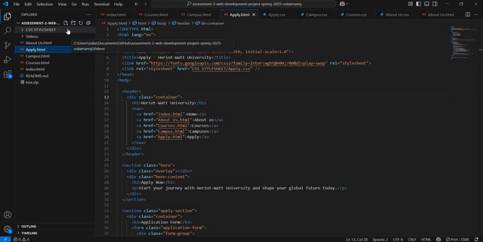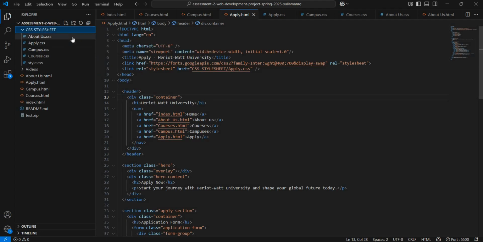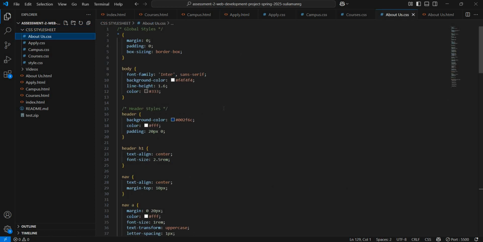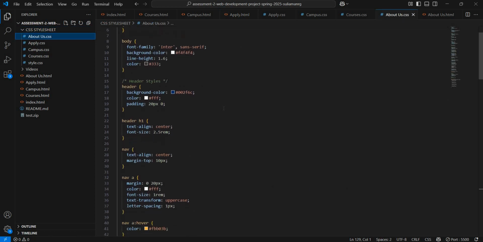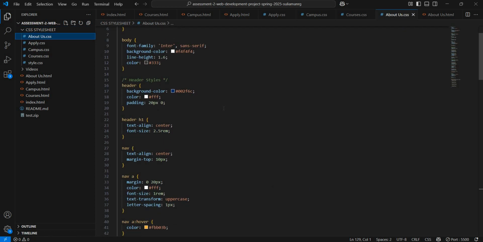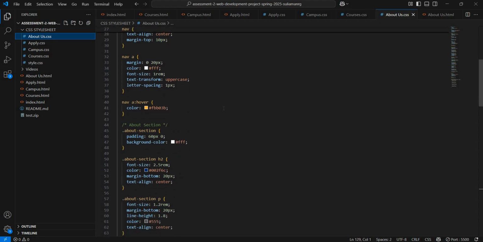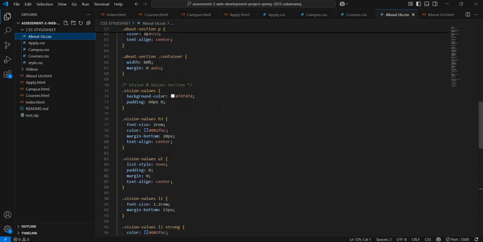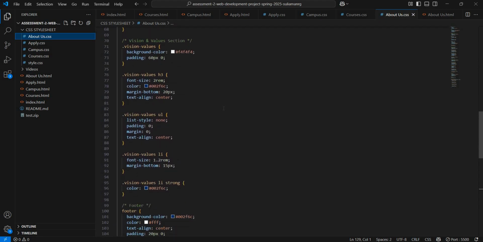In the end, let's come to the CSS style sheet. Okay. In this, all the CSS files are inside a folder called CSS style sheets. Each HTML page links to its own CSS file, so I can control the style of those pages. I use standard selectors like body, H1, P, and also classes for more specific elements.